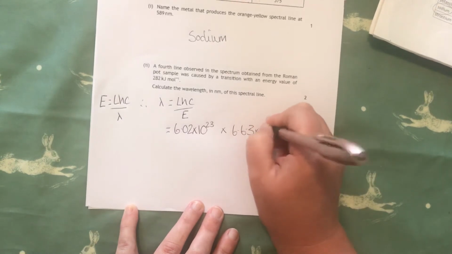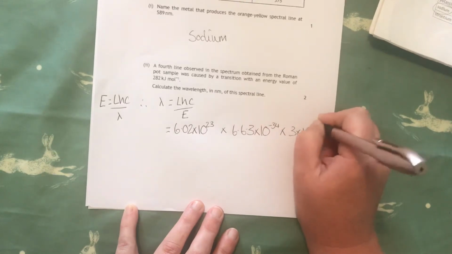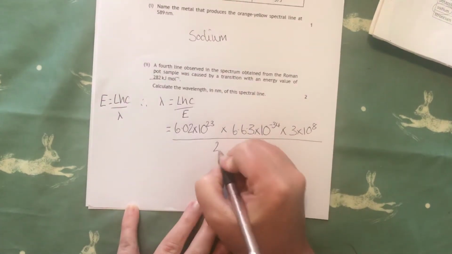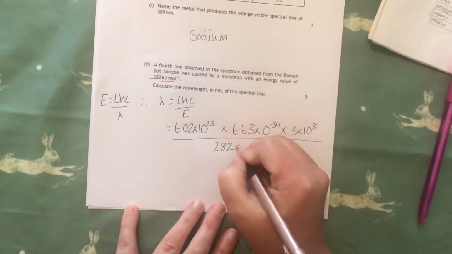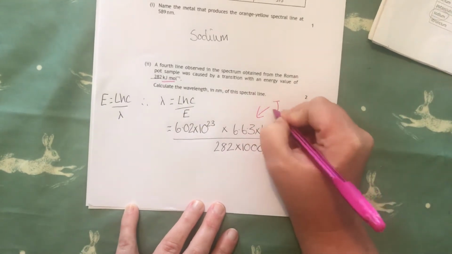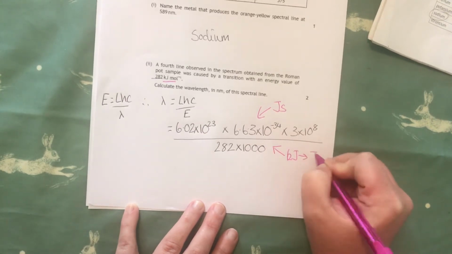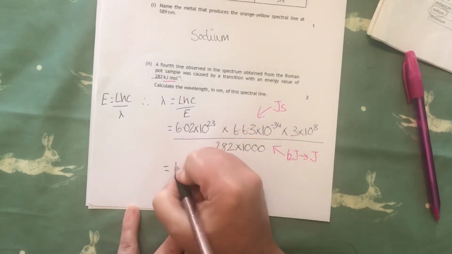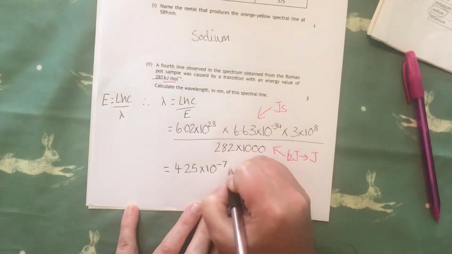multiplied by the speed of light, which is 3 times 10 to the 8. Here we're going to divide that by our energy value, which is 282, and because the units are given in kilojoules, and because Planck's constant is in joules seconds, we need to convert kilojoules to joules by multiplying by 1,000. When we plug that in our calculator, we get 4.25 times 10 to negative 7 meters,